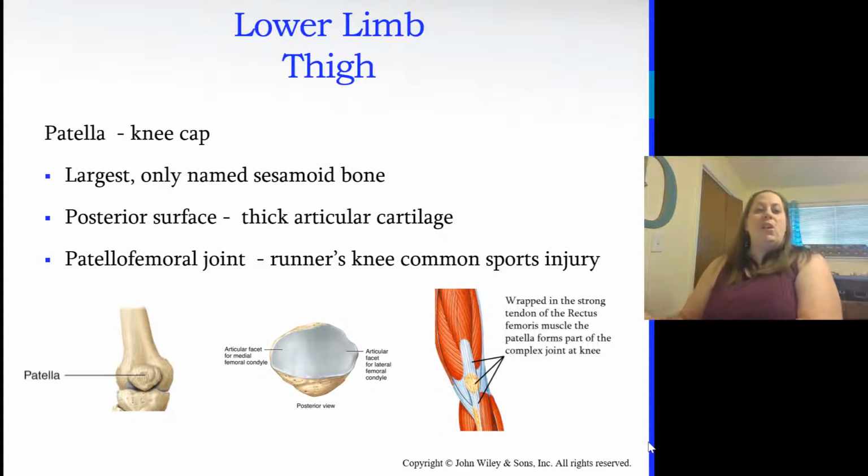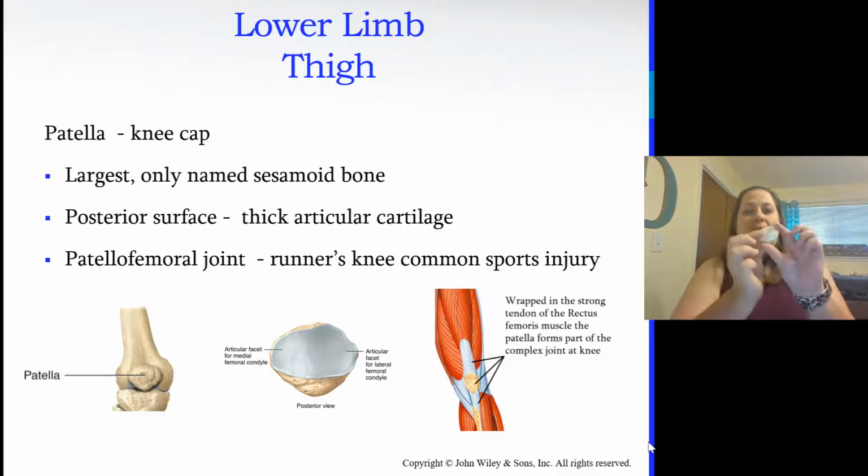It's the largest and only named sesamoid bone that there is. Now remember, a sesamoid bone means that it's going to be embedded in a tendon. This allows us to reduce friction on that tendon. The posterior surface is going to have thick articular cartilage on it, and this is going to form the patellofemoral